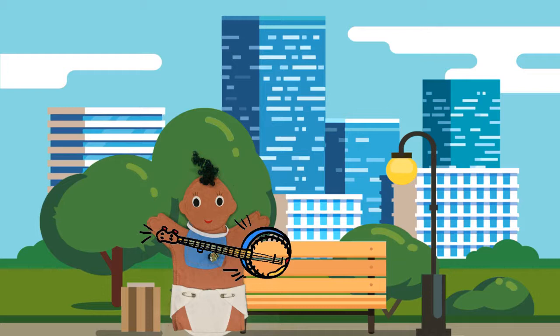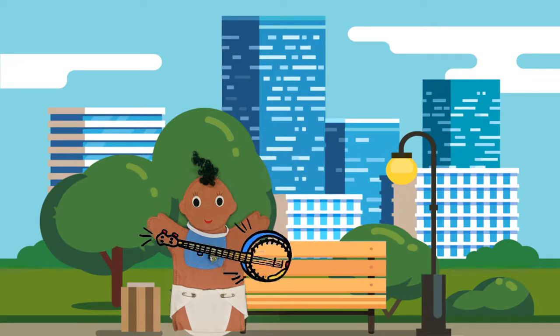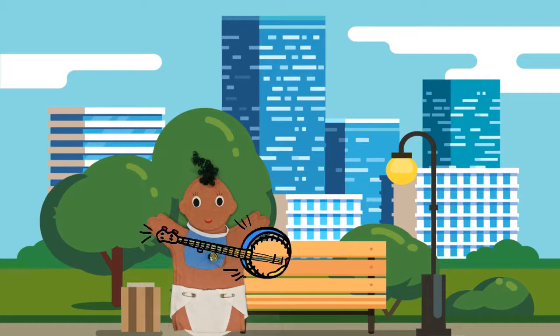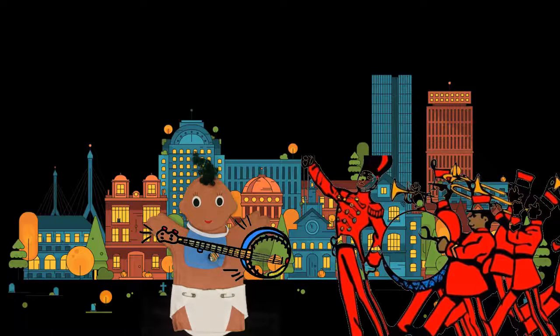On my way to join the band, I met up with a big, bad bumblebee. When I bumped into the bumblebee, I dropped my bright blue banjo and it broke into bits. But that didn't stop me. I picked up the bits of banjo, built a better banjo, and went on to be the star of Boston's